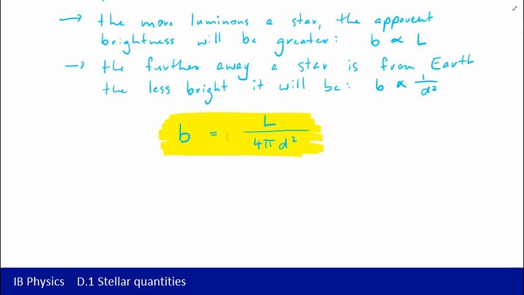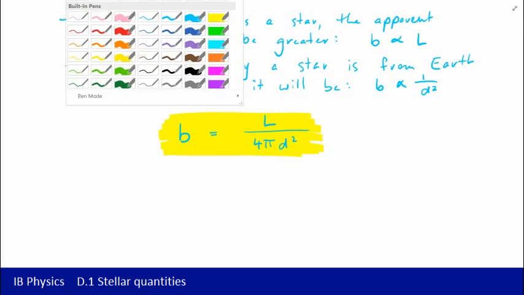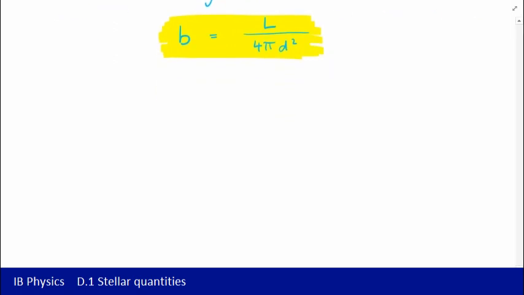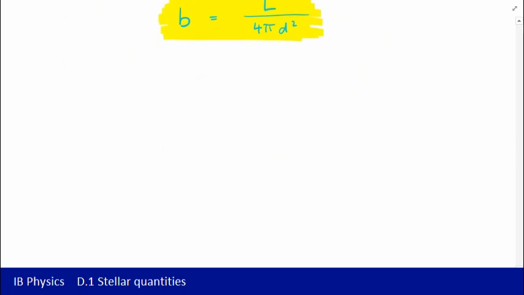So useful in both directions there in order to calculate something about the distance to the star and its luminosity itself. Now another aspect to consider about stars that's important is black body radiation. That's covered more fully in subtopic 8.2 on thermal energy transfer, so I'm not going to go into it in lots of detail here. I'll just link back to the key ideas, and the main thing to remember about black bodies is